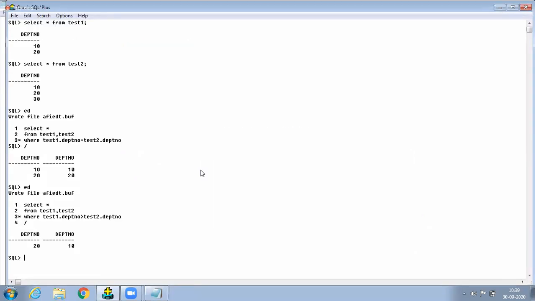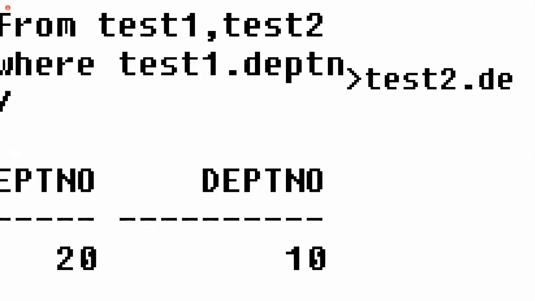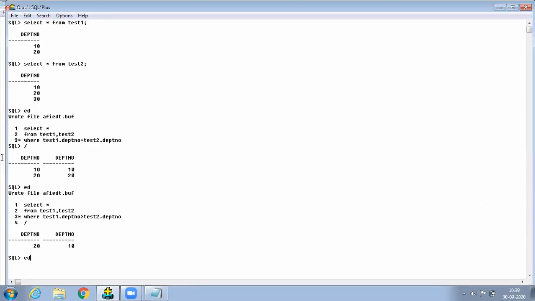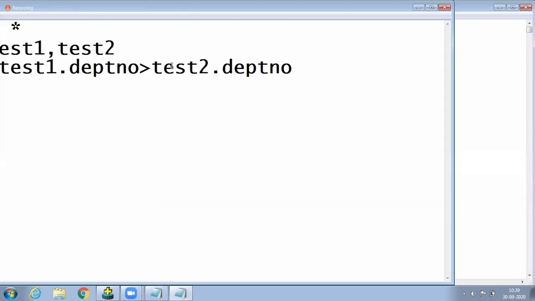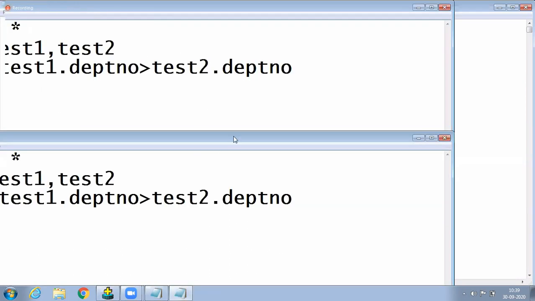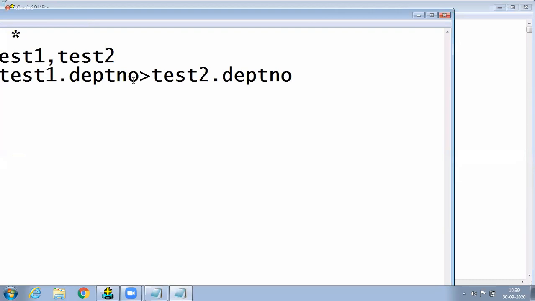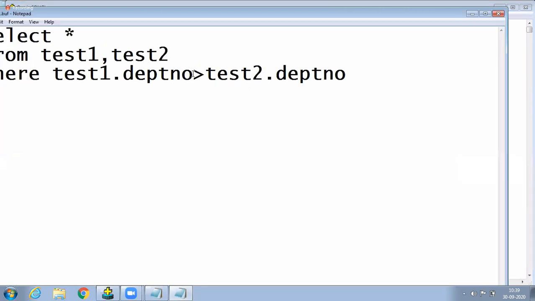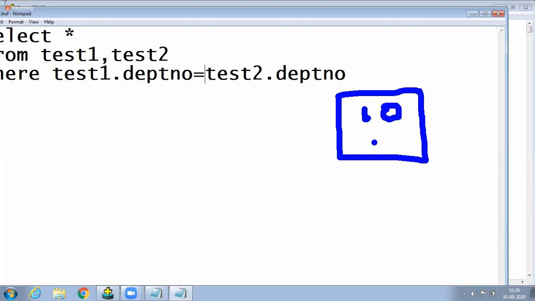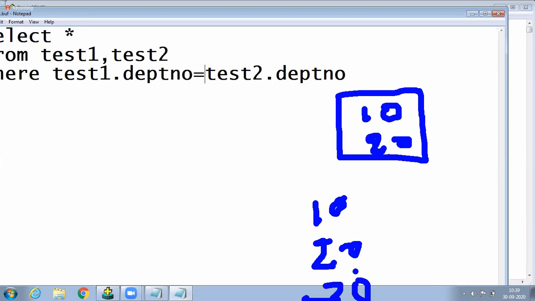Now observe here. 20 and 10, how easy. That's why you must be familiar with join execution. Suppose I'm using an equi-join only. Equi-join means, if you're asked why matching rows are returned, just observe here. I am writing the is equal to operator. Is equal to operator means 10 10, 20 20. Here 10 is there, here 20 is there, and here 10, 20 and 30 are there in the second table. Now tell me how it will be executed.